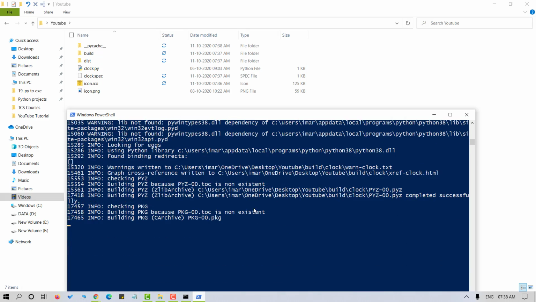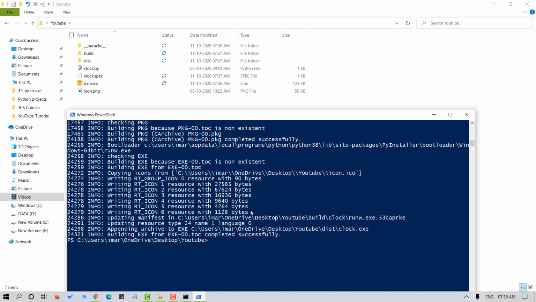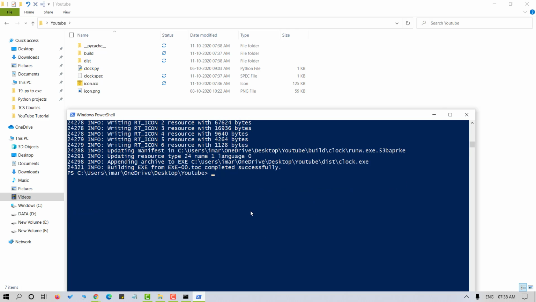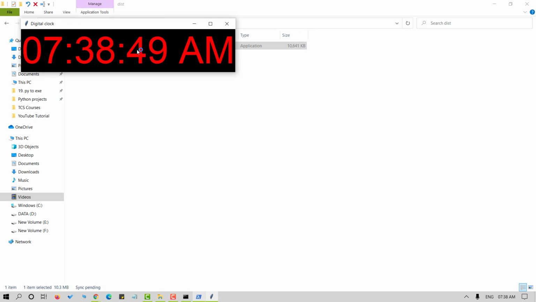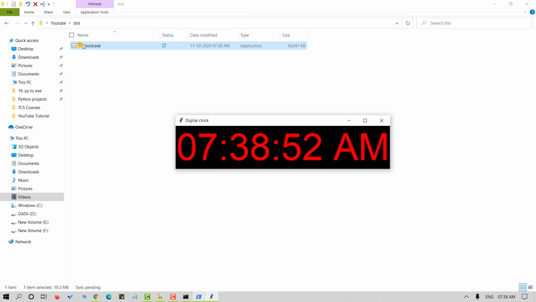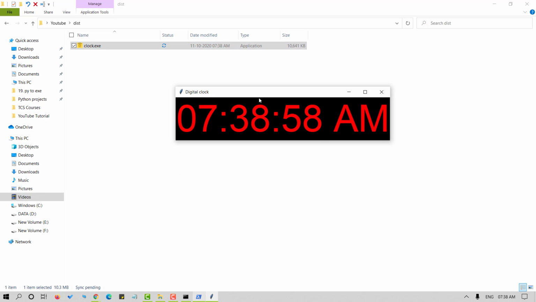It may take a while. If you wish to use any other website of your choice to perform the conversion of .png to .ico, you can do so. Okay, now let's check the dist folder. As you can see, there's a single application file inside the dist folder. So we got rid of the bunch of dependencies. Next, you can see that the application has our own logo, not the default one which it had earlier. And the last thing to observe, because we gave the -w flag, no terminal window is getting opened at the back. And here's our digital clock.